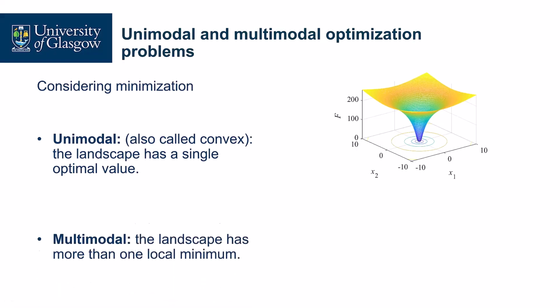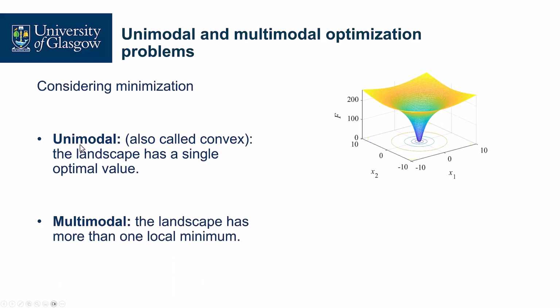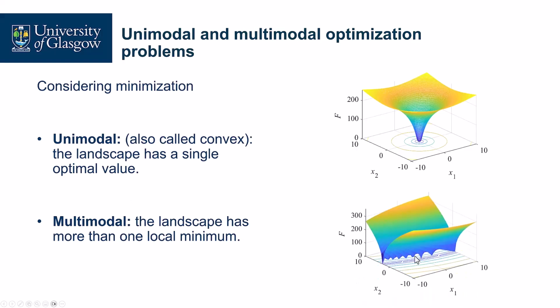In contrast, when we consider multimodal, the landscape has more than one local optimum. I'll show you an example here, right? If we consider minimization, we have quite a few local minima, but only one is global. Right? So this is unimodal and